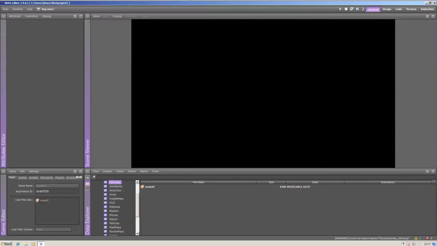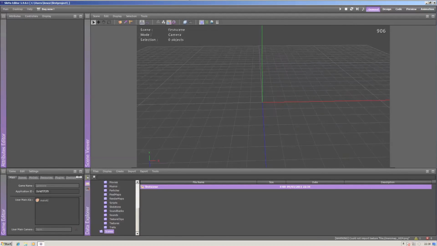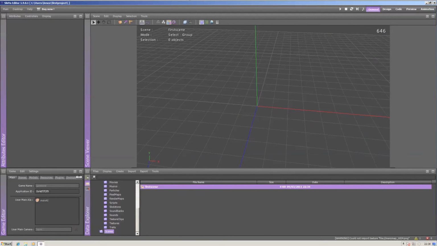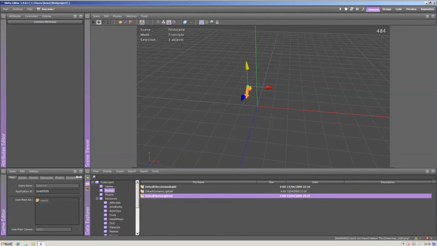And now you could start to edit your scene. Go to scenes, double click on first scene. This is your scene. There's nothing in it. We will populate this scene with one light for testing purposes. Here, drag in the light, move it there, save it,